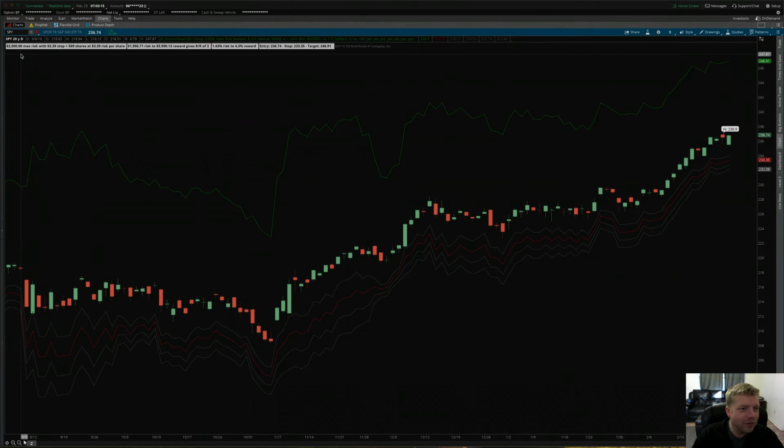So to start out with, what we have here is a label that tells us what we have set in our settings. We have determined that we want to risk a maximum of $2,000 on each trade. So with a $2,000 max risk, and it's calculating a $3.39 stop currently, it's telling us we can buy up to 589 shares at this amount of risk per share to stay within that $2,000 maximum risk on this trade. And so it says the actual risk will be $1,996